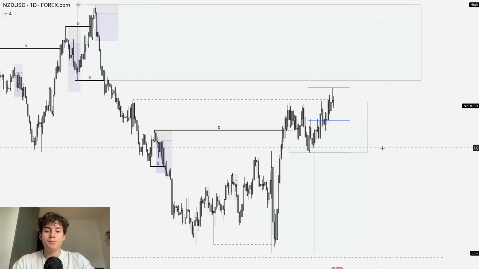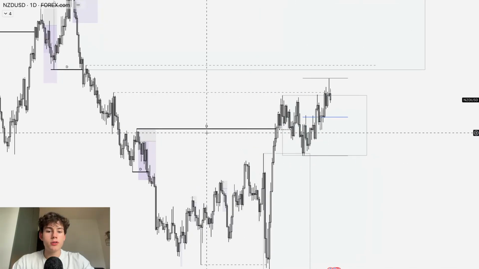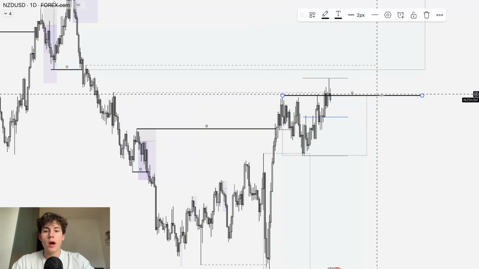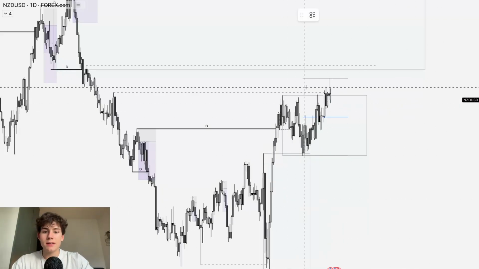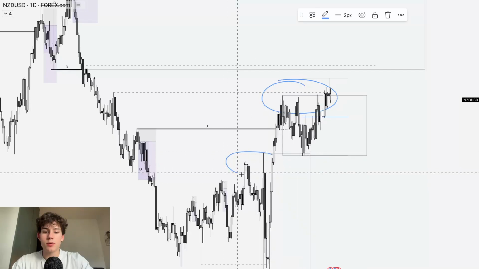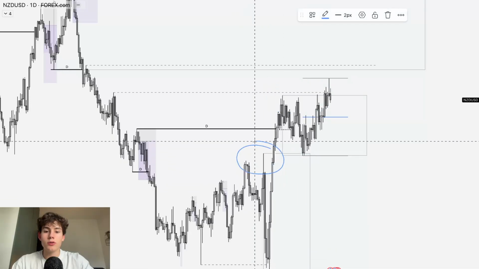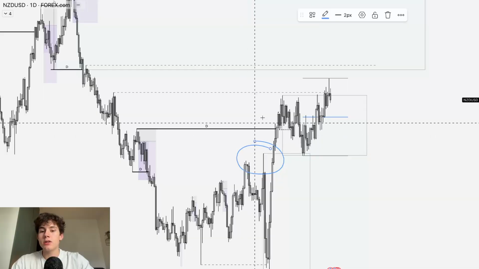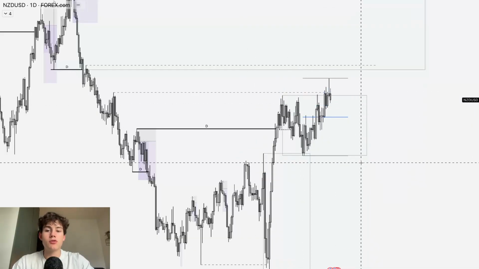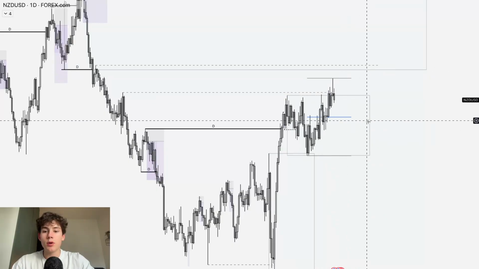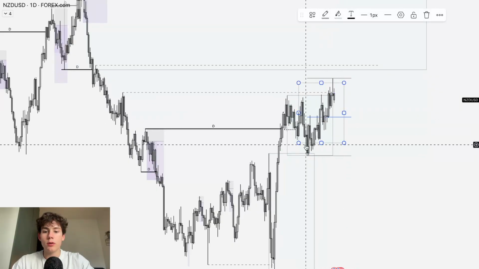Looking at the daily, you could also say that this is your daily swing. Why is this not my daily swing though? Well, because as you can see, this over here is the same move as we had over here, and this was also my internal swing. So that's why this is also my internal swing and not my complete swing structure. Now, at the moment though, let's take a look at what demand is in control.